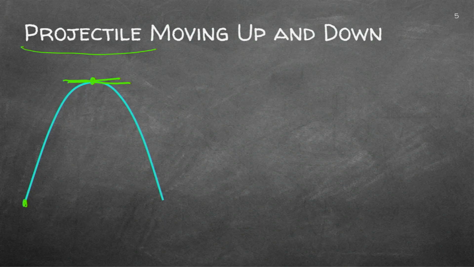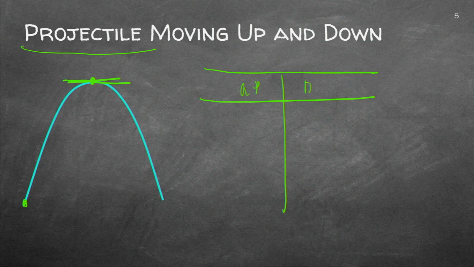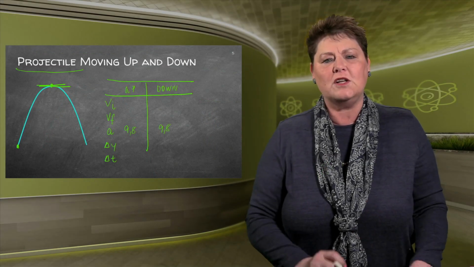Make sure that you've got exactly all the information. I then draw a table. I will say, what do I have for the up? What do I have for the down? They'll give you either the final or the initial velocity. You will always have the acceleration, delta y, and in some cases delta t. So draw a table, write in the values that you have, and make sure that you know what's been asked.